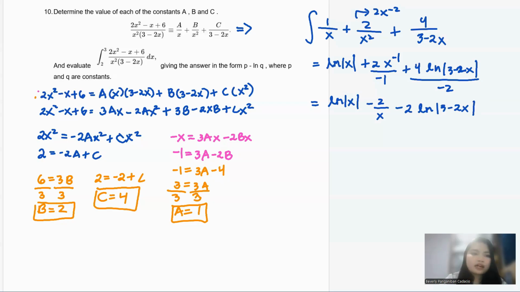Okay, nice. Now, this is not an indefinite integral. We need to put our lower limits and upper limits there. You don't need to do plus C there. 3 and 2. Meaning to say, I will have ln 3 minus 2 over 3 minus 2 ln, what's that? 3 minus 2 times 3. So that will be 3 minus 6, so I will have a negative 3, right? But again, it's an absolute value, so you can just put 3 there.